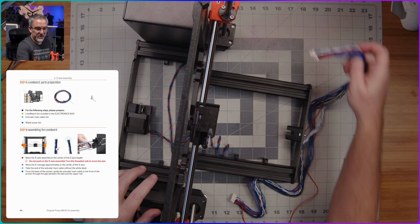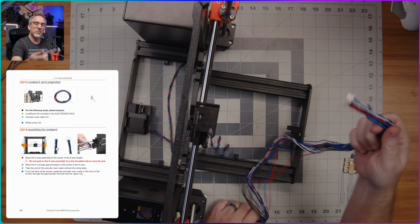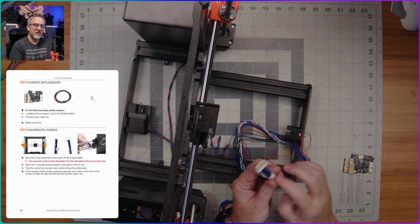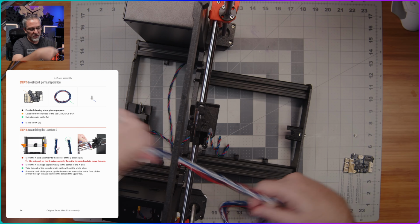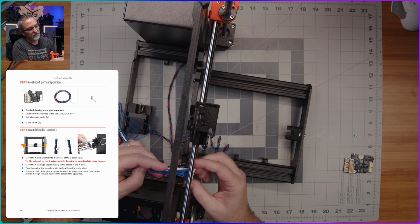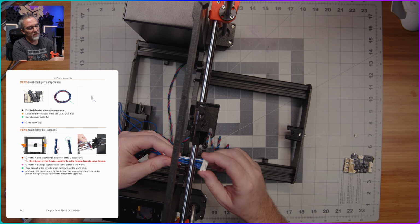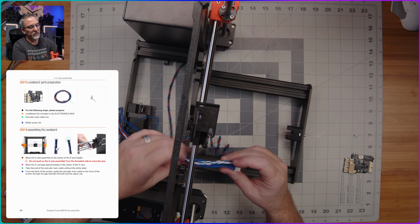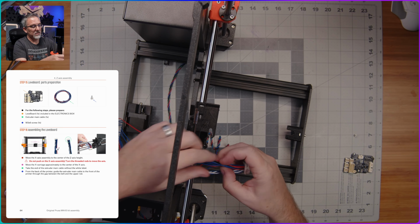So what we've got here is this long umbilical wire, which is going to be the main thing that goes from our control board up to our tool head. And I think this end here with the little white tag is meant to go on the tool board side. And so this is the end over here that's going to go up here to our tool head, and they want us to pass this underneath the top of these X rods and above the belt. So we do like this, and then